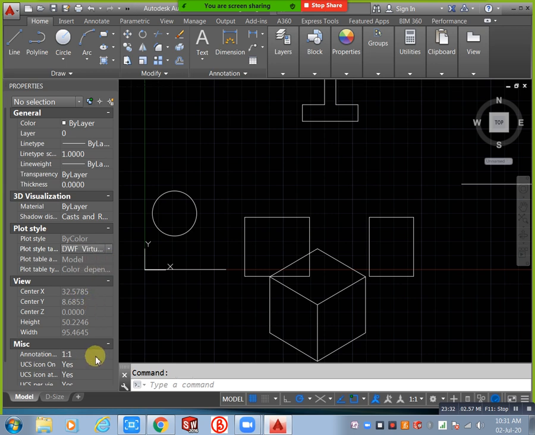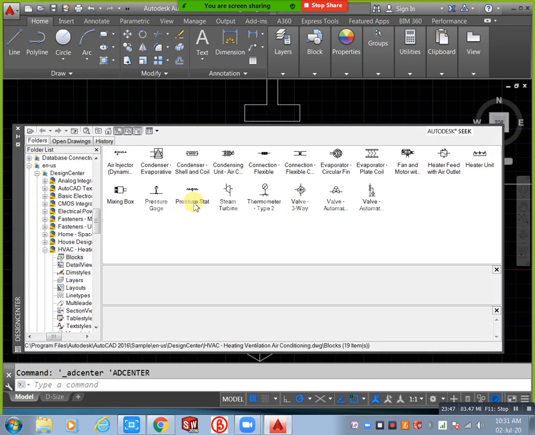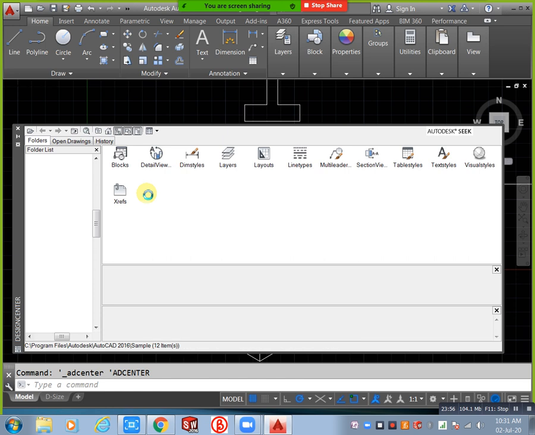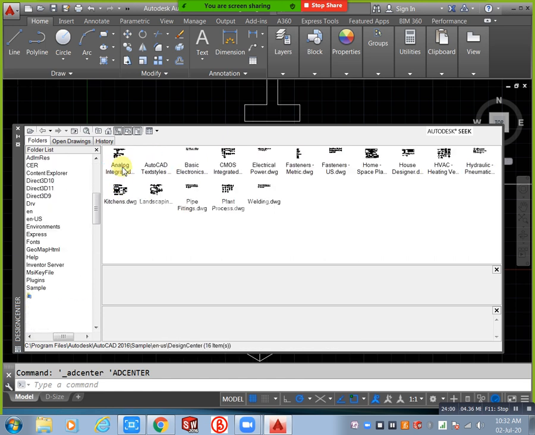Next we will discuss Control 2, design center. In this design center we have some default items from Autodesk, some blocks from Autodesk. Just go to this home button. In this home button we have the EN folder. You can open this folder, design center, and here we have some blocks. Which type of blocks do you need? For example, I need only bolts or nuts, means fasteners. You can load it and place it here. I need a hexagonal nut, so you can place the hexagonal nut. That is your requirement. If you need it, you can use it.